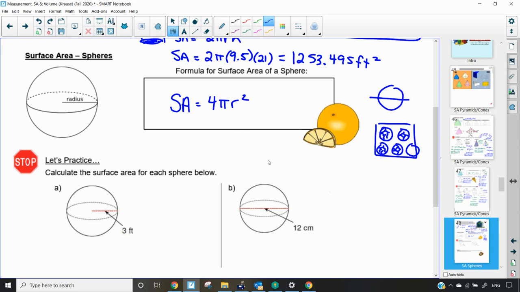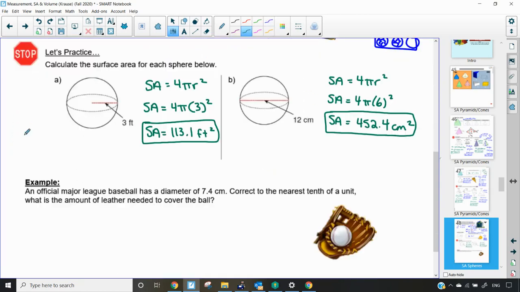All right, so I want you guys to actually pause the video, try these next 2 questions on your own, and then come back and check your answers. Taking a look at these 2 questions, we're asked to calculate the surface area of each sphere. So we use our formula 4 pi r squared, substitute in our radius of 3, and we get a surface area of 113.1 feet squared. Then our second one, we have 4 pi times 6 squared. We're told the diameter is 12, that means our radius is 6, and that gives us a surface area of